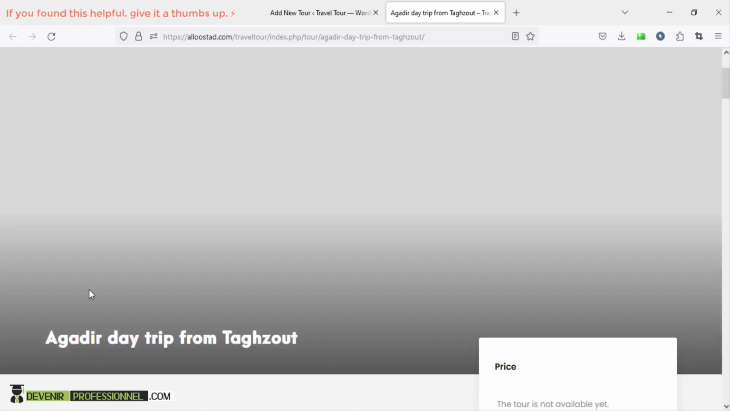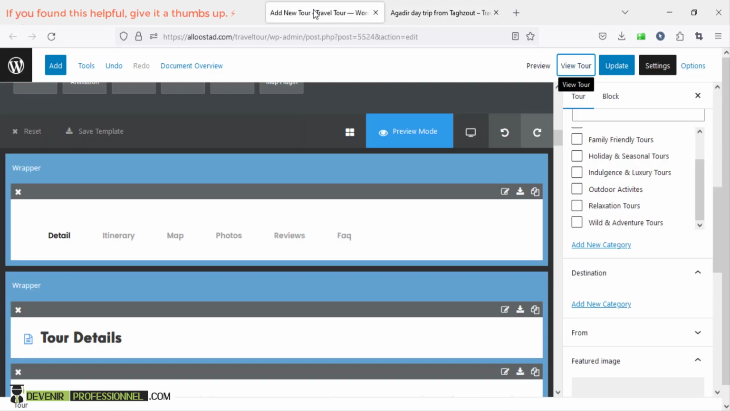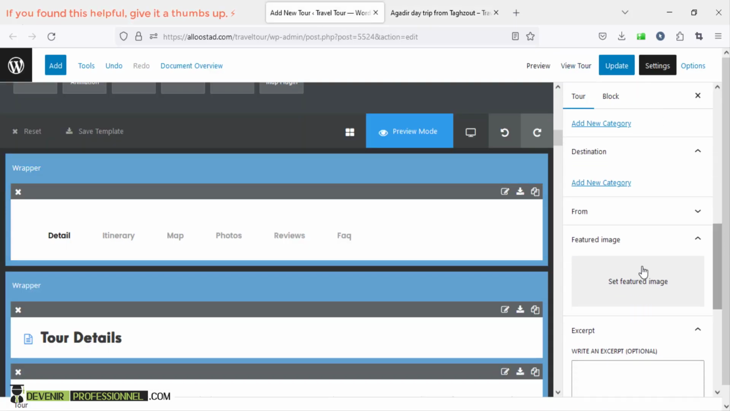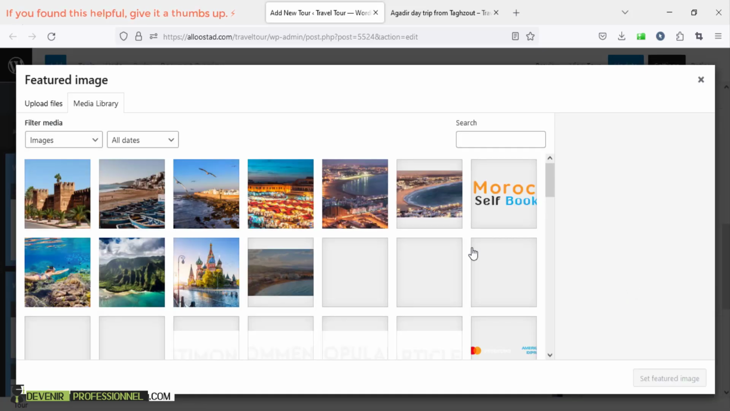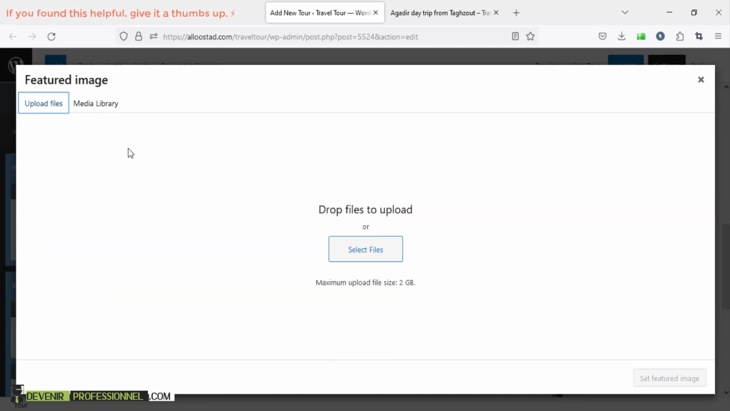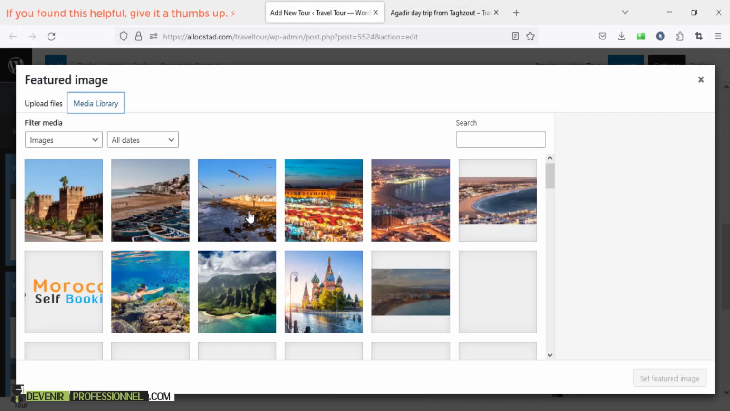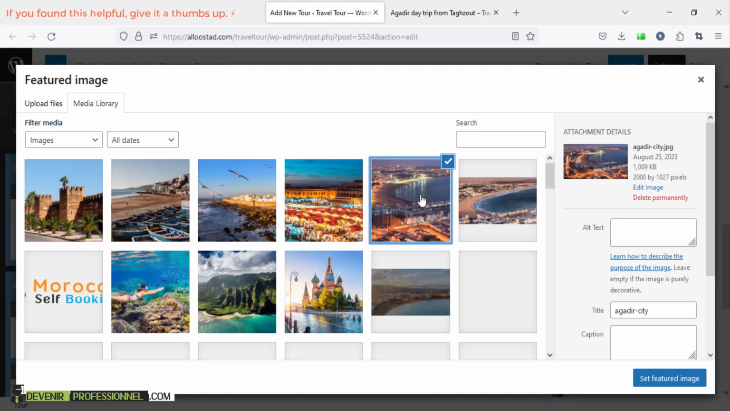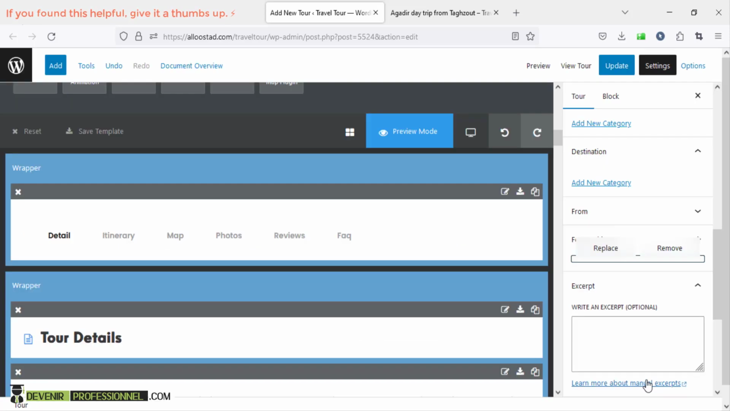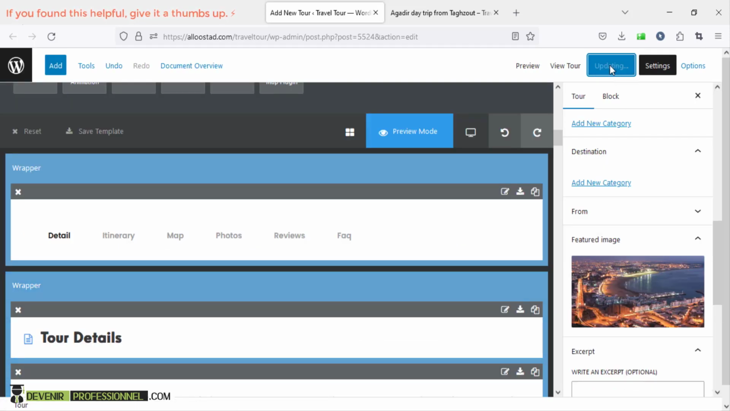So now let's add a banner to our product. So here we have this featured image. Click on this icon and choose an image. So for me, you can upload your image, but for me I have already one here. It's Agadir, and your banner should have this size. Click on set featured image, update,